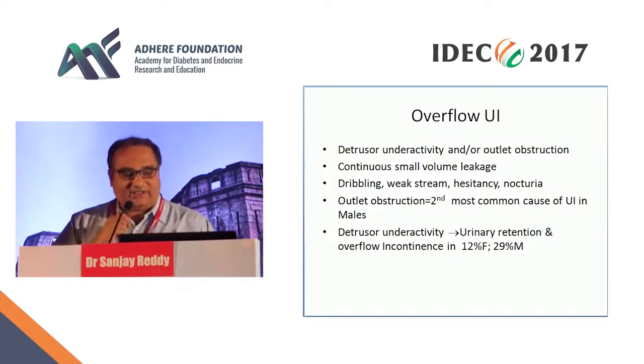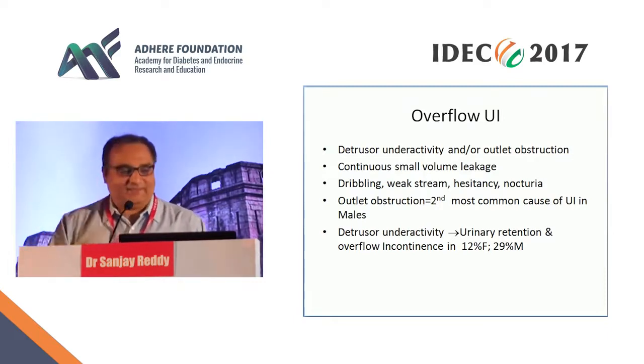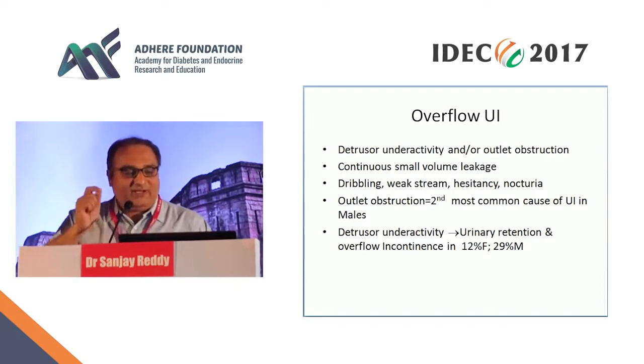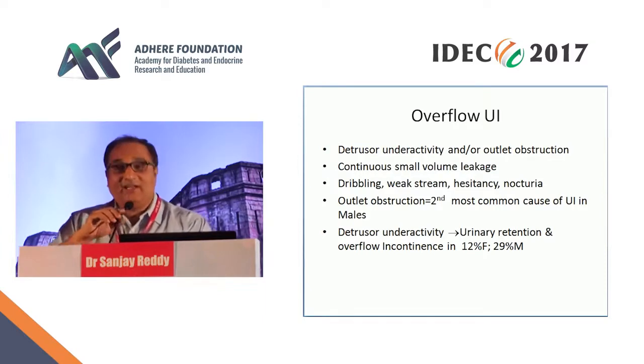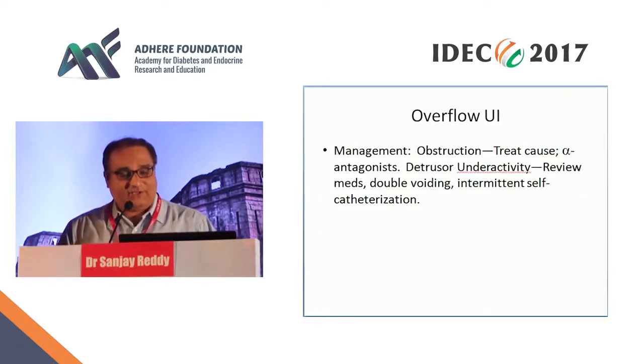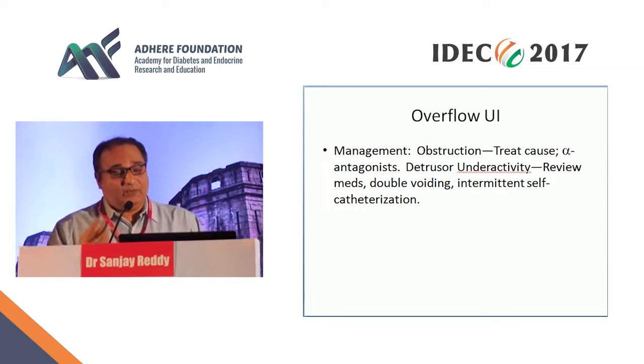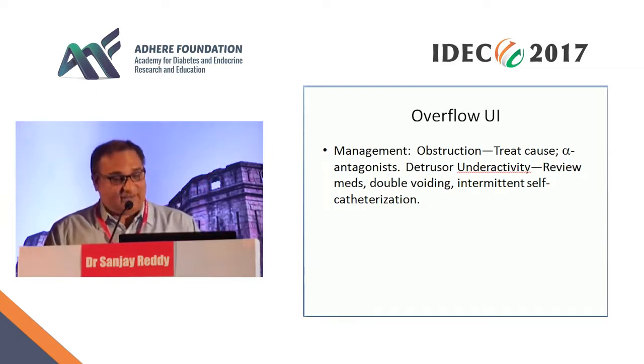And there is outlet obstruction, the second most common cause of urinary incontinence in males. So urinary detrusor underactivity, urinary retention and overflow incontinence, 12% in females and 29% in men. Management: treat obstruction with alpha antagonists; for detrusor underactivity, review medications to see if he's taking any of the medications which I told you earlier. Double voiding and intermittent self-catheterization are some of the ways you treat patients with overflow